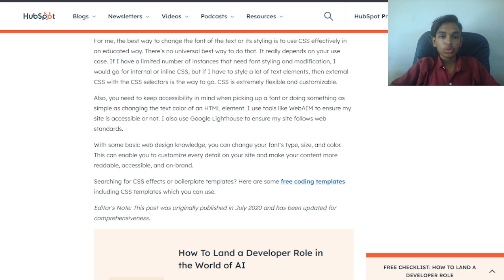This can enable you to customize every detail on your site and make your content more readable, accessible and on brand. Searching for CSS effects and button templates? Here are some free coding templates, including CSS templates, which you can use.